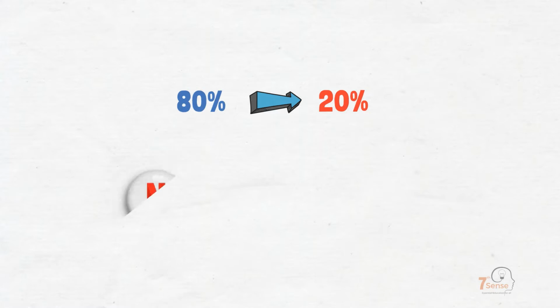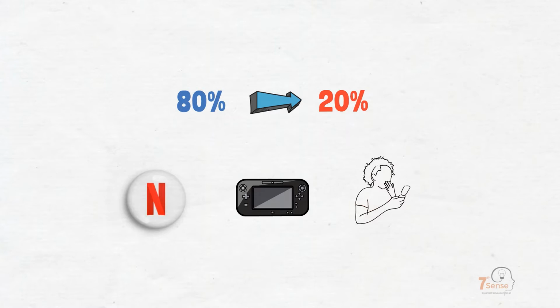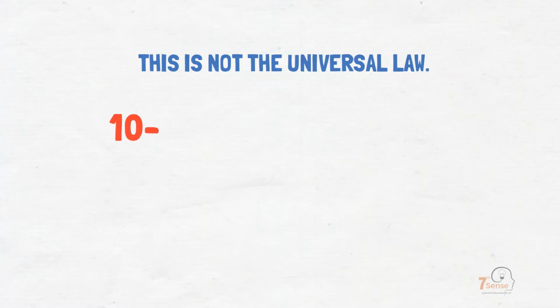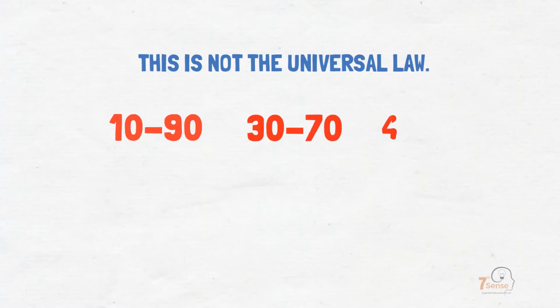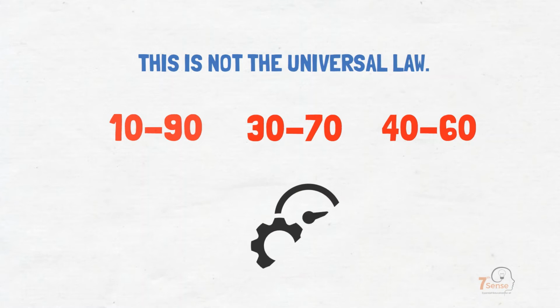Here, the reverse is also true. Our 80% of the efforts only generates 20% of the results. We all know how much time we spend on Netflix, games, and chatting, which is nothing but the effect of this principle. This is not a universal law or a mathematically correct principle. It can also mean 10% efforts results in 90% of outputs, or it can be 30-70 or even 40-60. The core concept to learn here is that you can get maximum results by concentrating on minority of tasks.